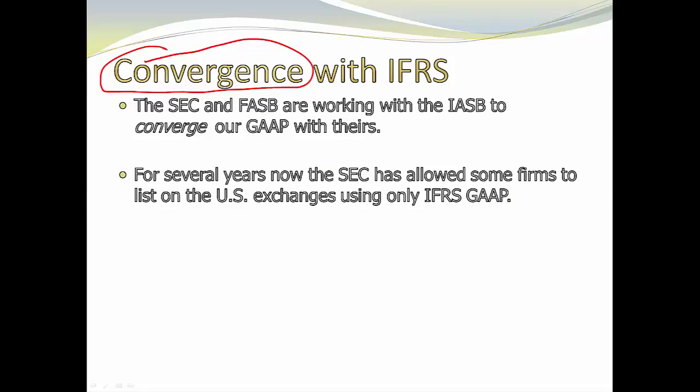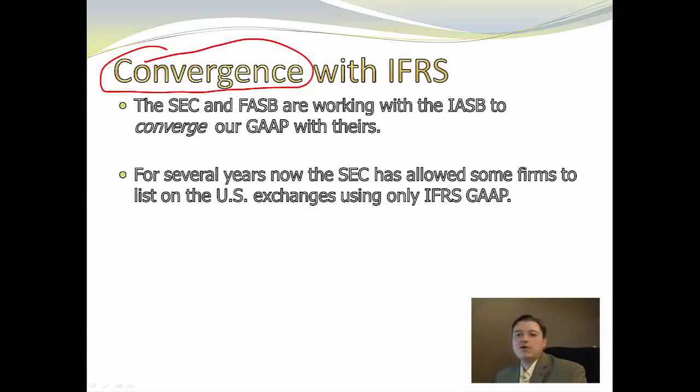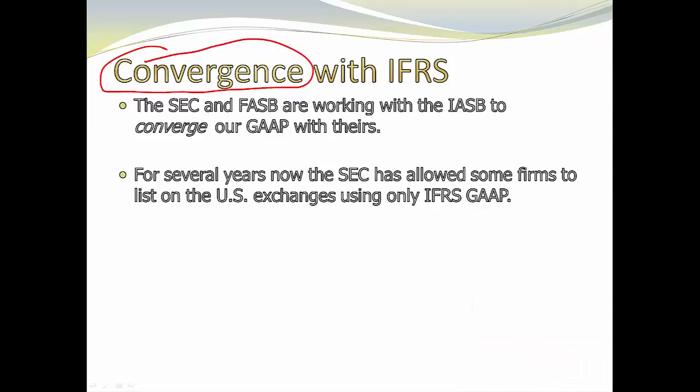Already, for several years, the SEC has been allowing companies following IFRS, if they're following all of IFRS, to list on the U.S. exchanges without any kind of reconciliation to U.S. GAAP. Now, I remember vividly sitting in my very first bookkeeping class back in high school, listening to a presentation about IFRS and thinking, this will never, ever happen. The U.S. will never give up its authority to set GAAP. And all of a sudden we're in the middle of it. So things have changed a lot since I started studying accounting. That's where we're at, as we're moving towards this convergence process.